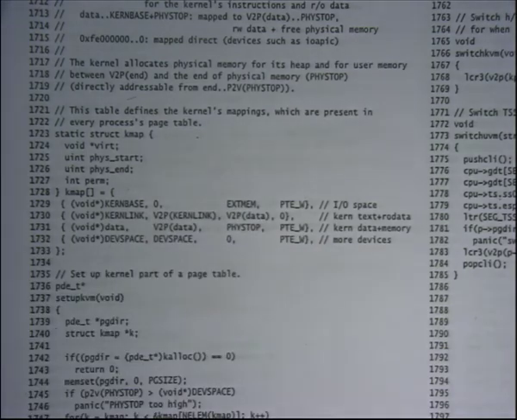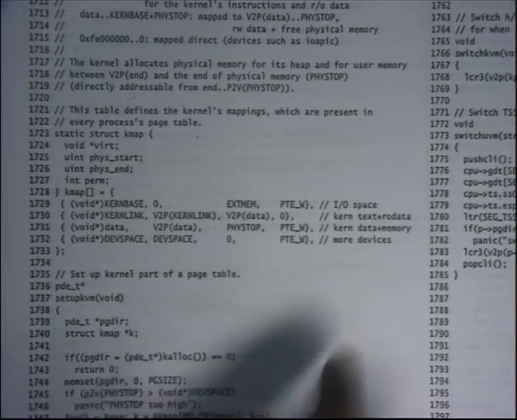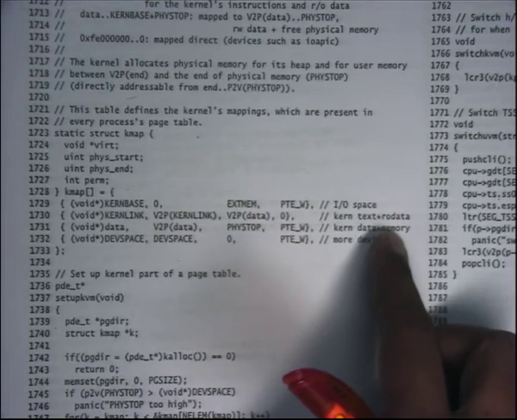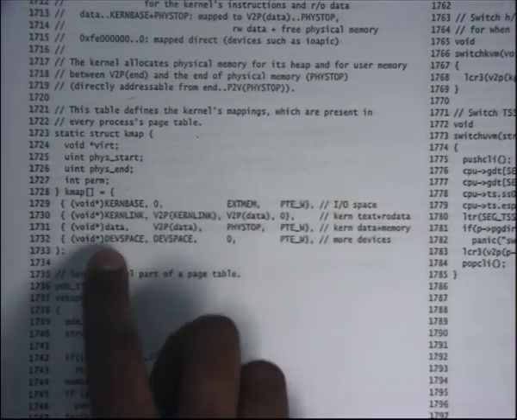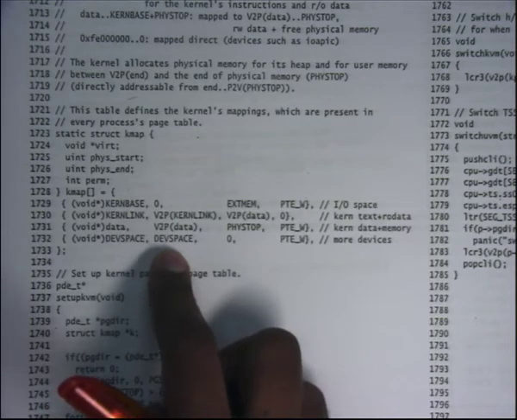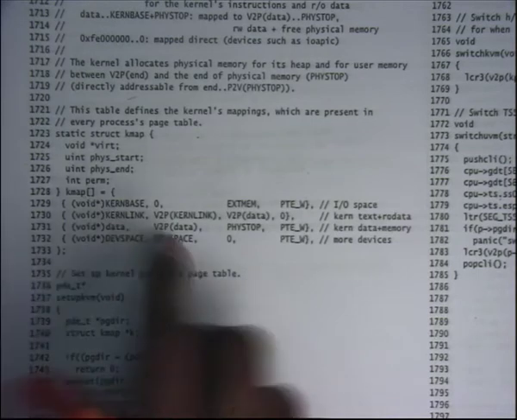Physstop is the size of the physical memory, or the maximum size of physical memory that you will support. So all the way up to physstop, you map it with writable permissions. That's the kernel data plus all the other memory that will be used as the kernel's heap. And then you map dev space to dev space, which is just FE00 identically. So that's what you're going to do.